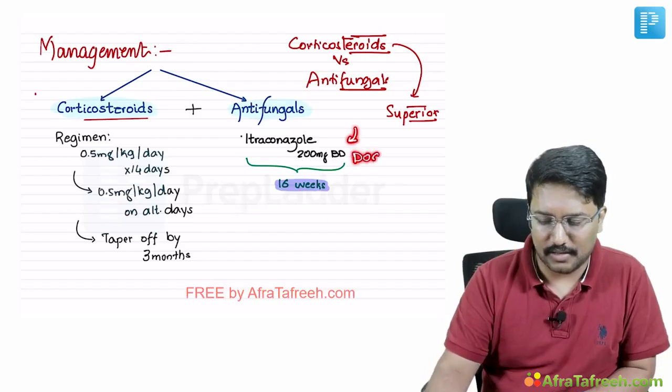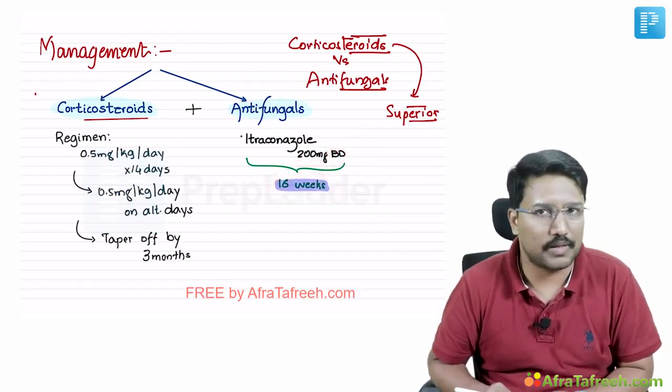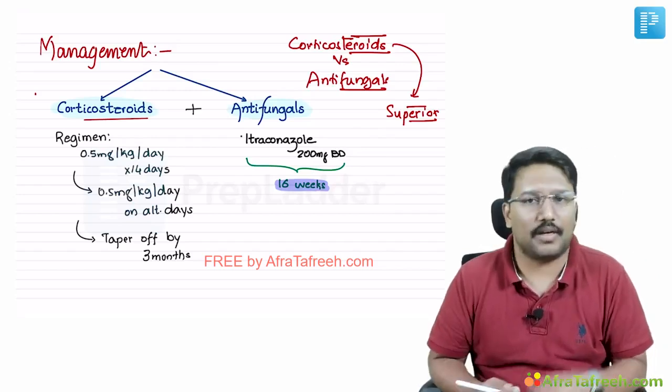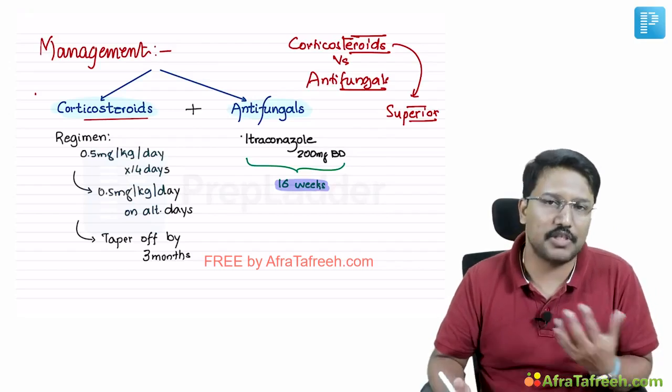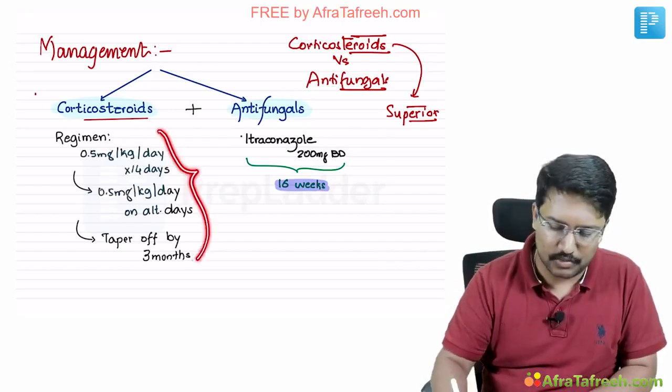Okay. Now, with respect to antifungals, all is sorted out. Itraconazole is considered the antifungal of choice, usually 200 milligrams BD for an adult. Total duration of therapy is 16 weeks or 4 months. Okay. Now, what is not sorted is the regimen of steroids. The ideal dose and the duration of treatment is not sorted. There are various regimens proposed by various studies, and the most commonly followed regimen is what I am projecting here.